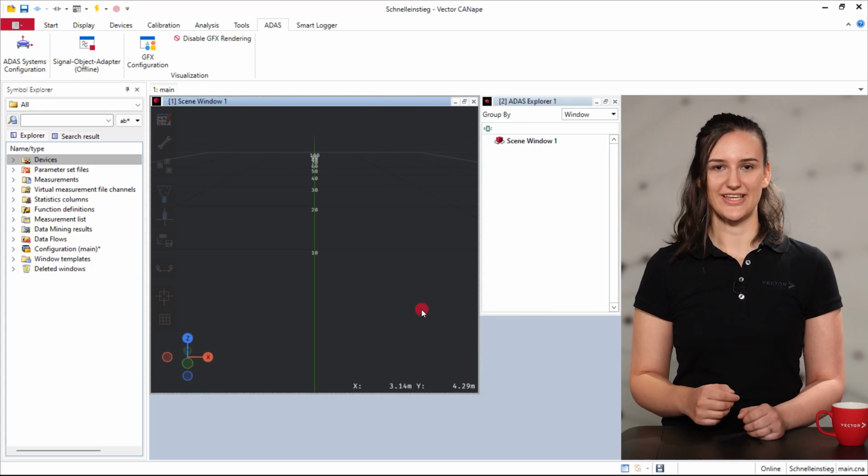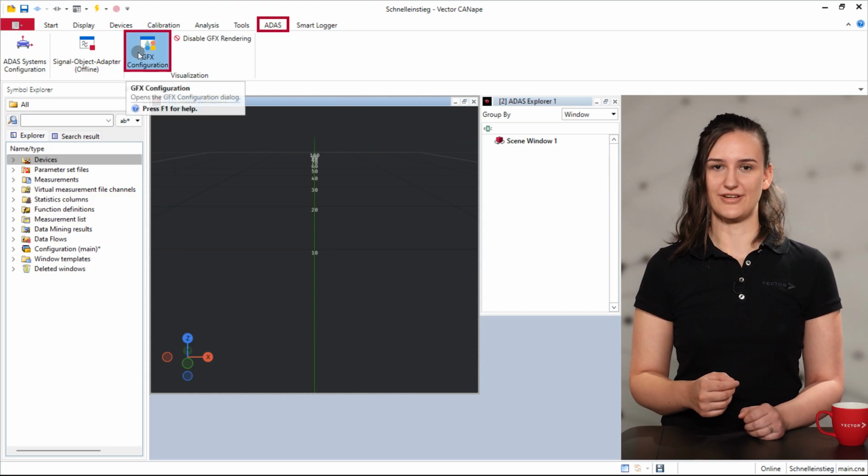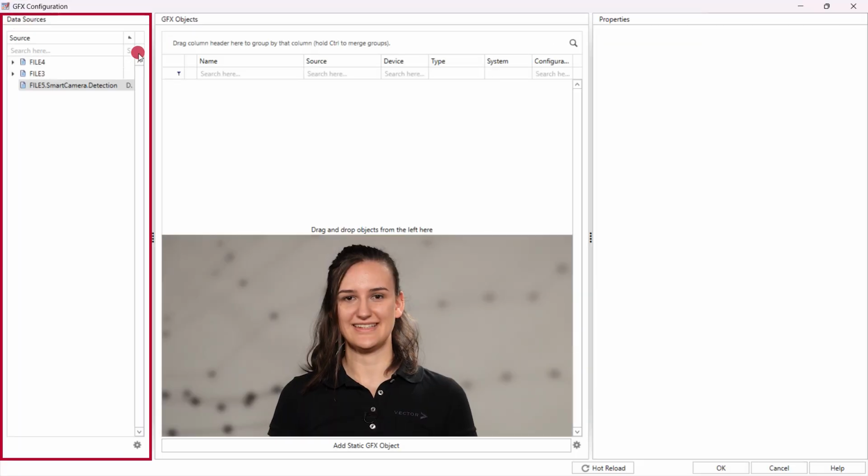Either right-click in the scene window and select GFX configuration, or just click the GFX configuration button in the ADAS ribbon to open the GFX configuration dialog. Let's start on the left side of the window. Here is the data source selection, where all data sources that can be used for visualization are listed. If you can't find the data source you want to use here, check out the video linked in the description